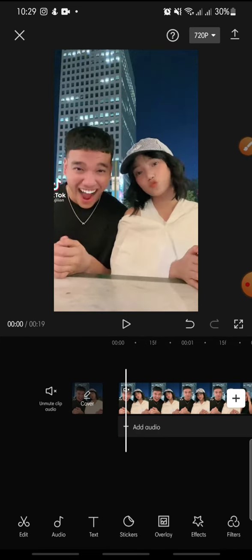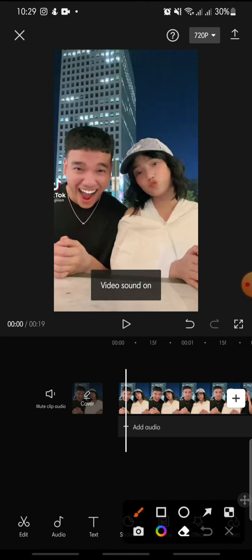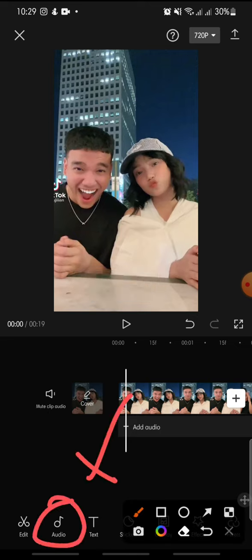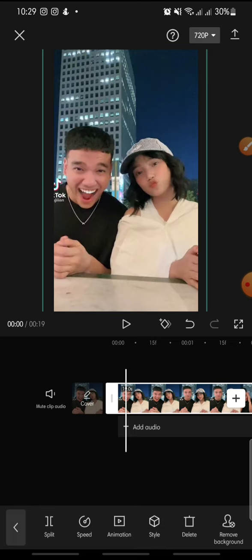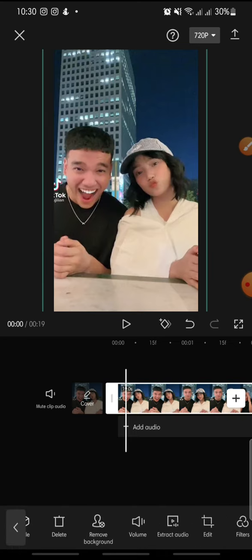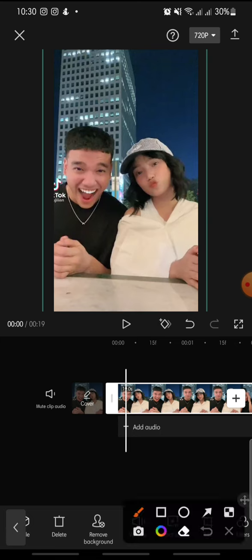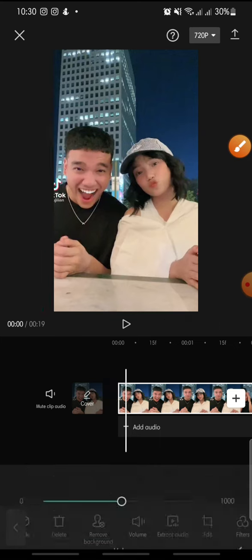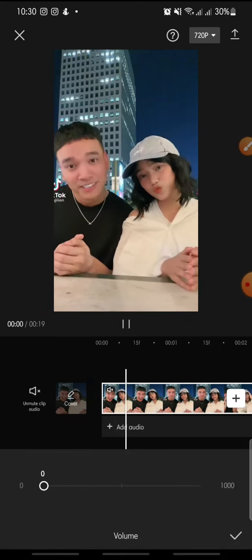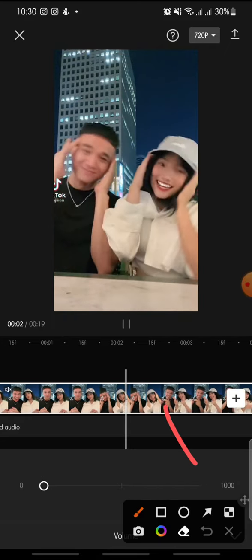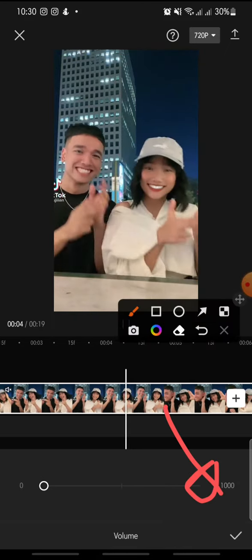Or you can click on the audio at the bottom. After this, you can click on the video, and after this you can click on the volume at the bottom, this one. You can click on it, and in here you can swipe until 0, and now you can click the check icon at the bottom